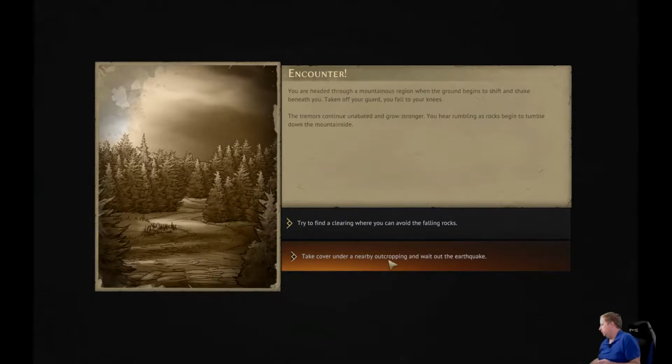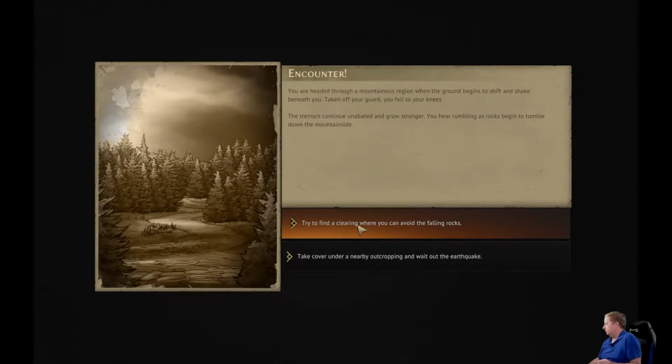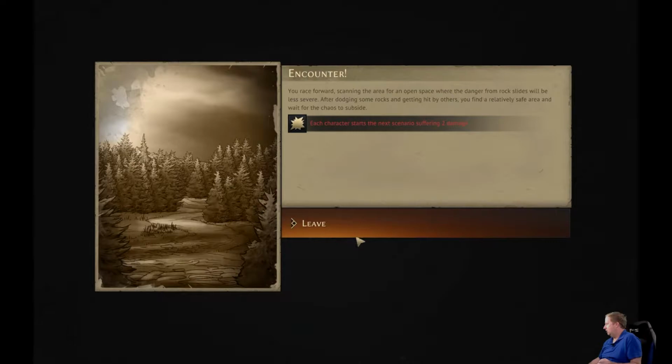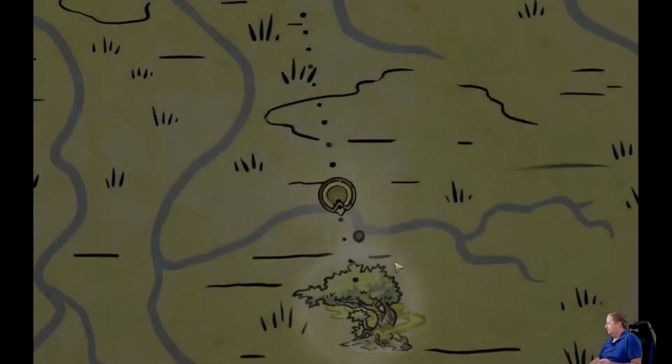This just seems bad all around. I'm gonna start this damaged, probably. Well, when you are in a real earthquake, you're supposed to try to find a sturdy doorway when you're indoors, right? This makes it seem like we would get buried, though. Nearby outcropping. I'm gonna find a clearing. Each character starts next turn suffering 2 damage. I knew it. I didn't even read the...